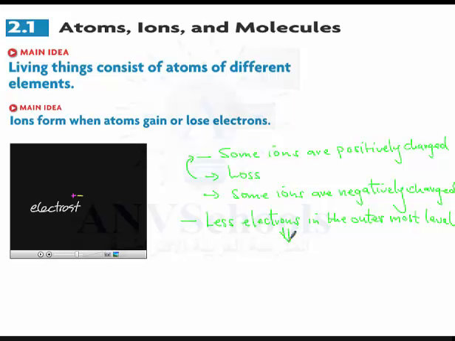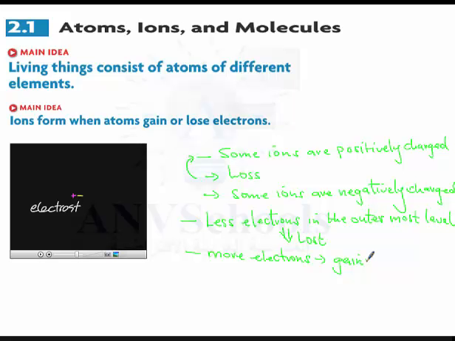But if it has more electrons, it will have the tendency to attract other electrons towards itself, and in this case it will gain electrons